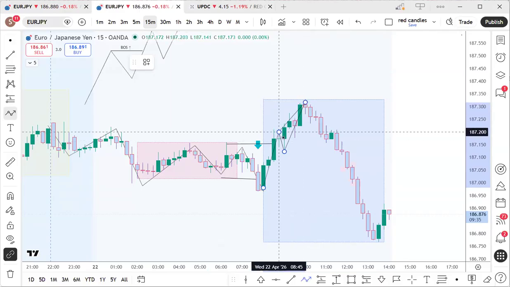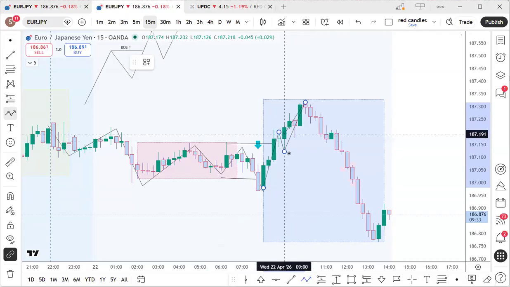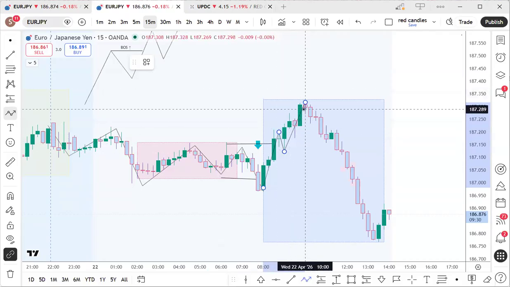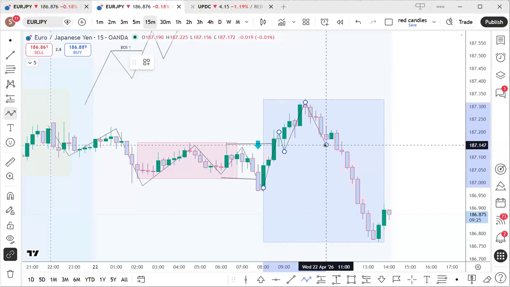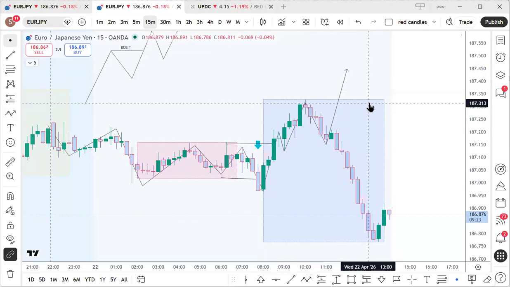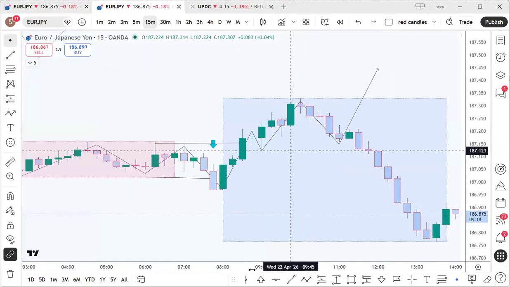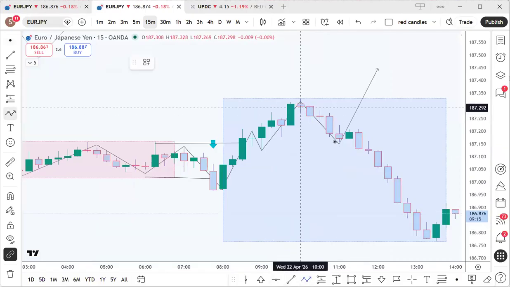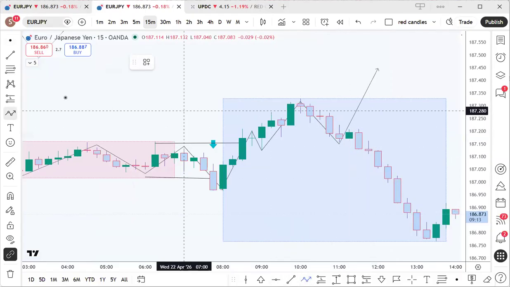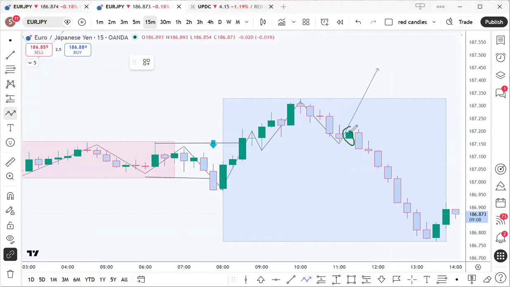Right? So supposing you miss this entry, this break of structure here, you miss this one here, so you didn't grab anything here. What do you expect next? You expect it to pull back to some certain level and then go up. Yeah, that's what we expect. But what did the market do? Market was not ready to go back up. It attempted to go back up around here. You can see the bullish candle right there. But that was not sustained because immediately on the next candle, it just went down.